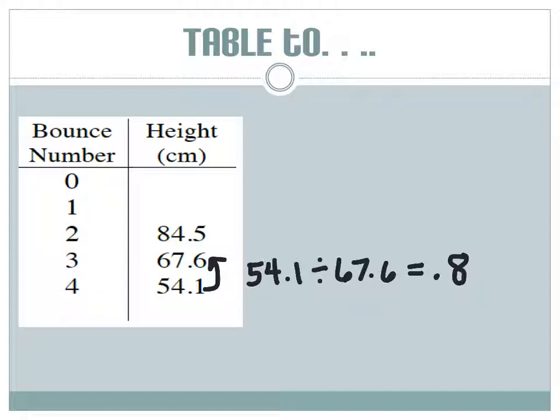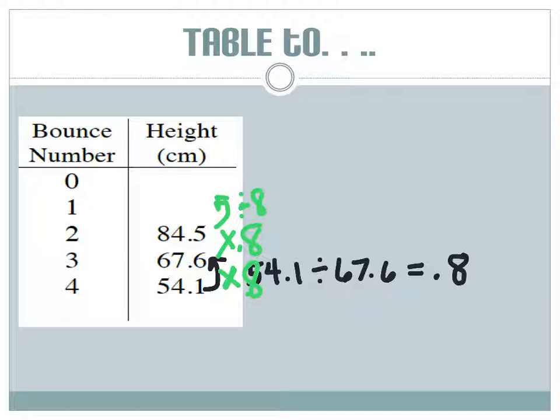Since we are multiplying by 0.8 going forward, then we can divide by 0.8 going backwards. So 84.5 divided by 0.8 gives us